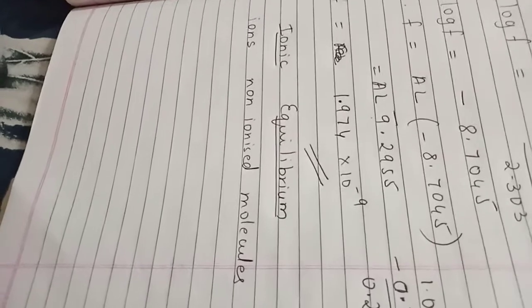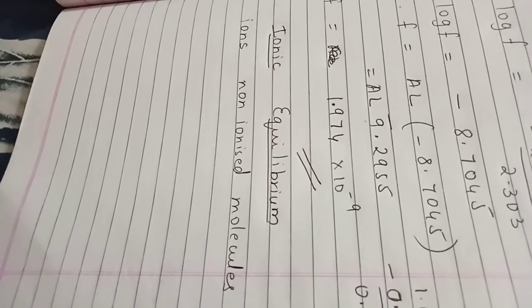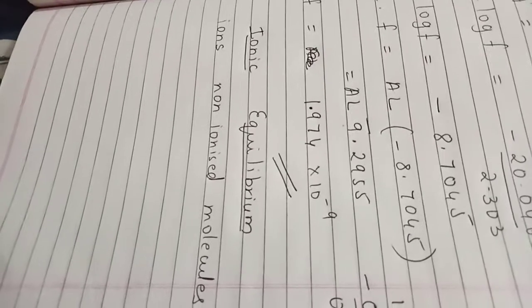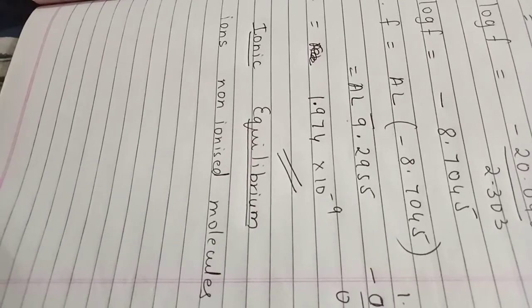It is the equilibrium between the ions and non-ionized molecules. म्हणजे जेवढे नंबर ऑफ आयॉन्स तयार झाले तेवढेच अनआयोनाइज्ड मॉलिक्युल्स राहतात. जनरली दॅट इज इन द केस ऑफ वीक ॲसिड, वीक बेस अँड ऑल दॅट. So that is referred to as ionic equilibrium, which is the equilibrium between ions and non-ionized molecules.